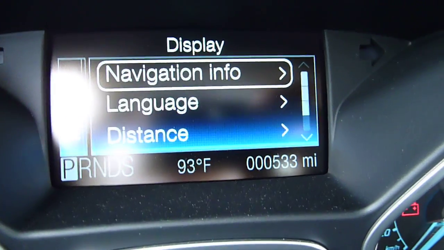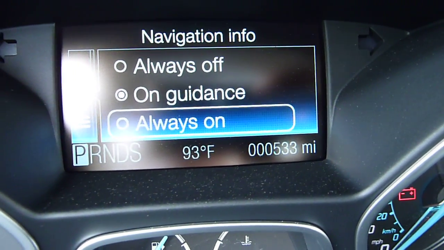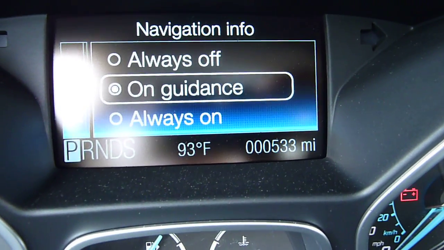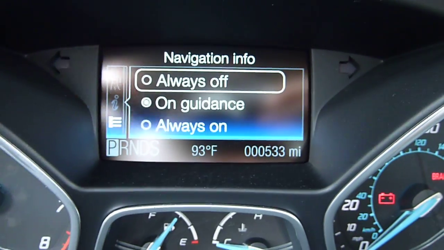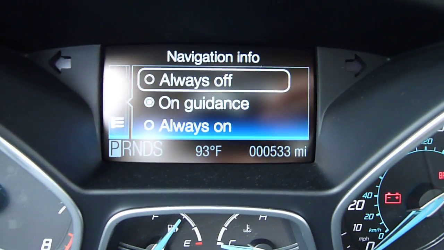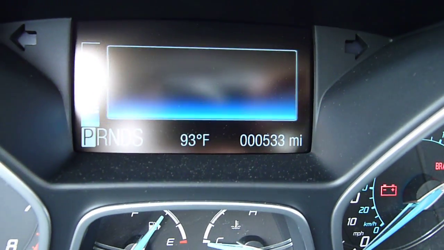This brings you to your navigation info. This car does not equip with navigation, but this is where you would turn these things on or off. There's a little tiny mini navigation display, a supplemental one in here. It's like over here, I think, if you have the voice-activated navigation, where you change the language, 3 languages,